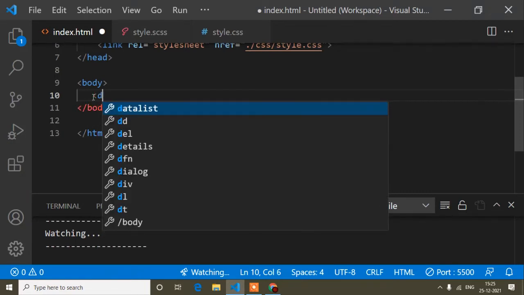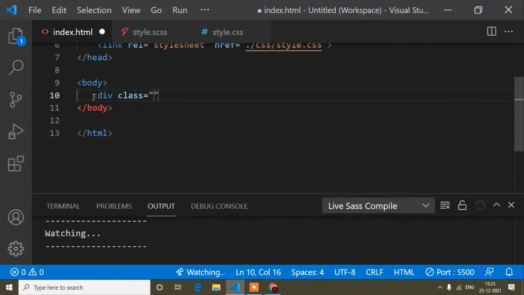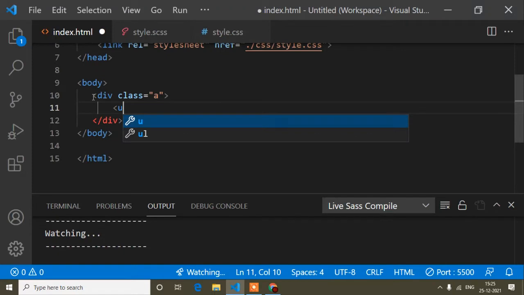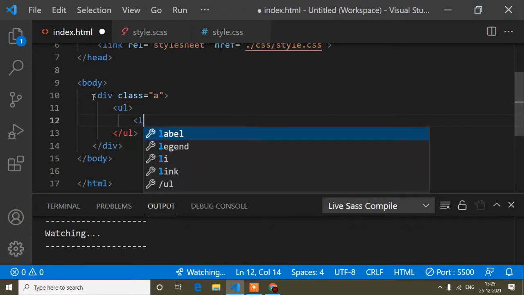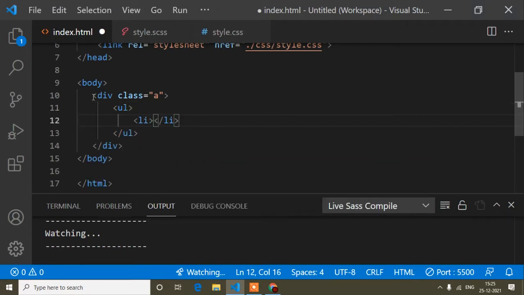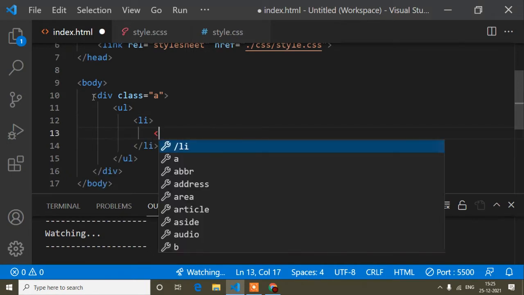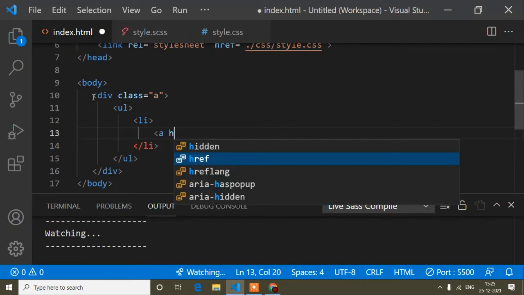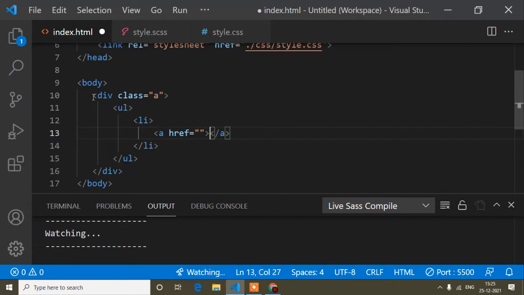Suppose I write a deep class and the class name is a, and after that ul, then li. You know, guys, how we write ul li. Inside this li tag we write an anchor tag.